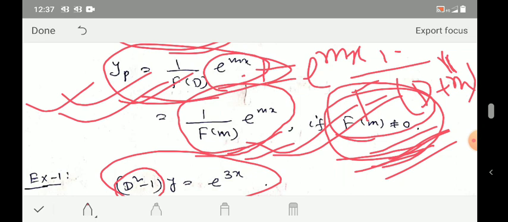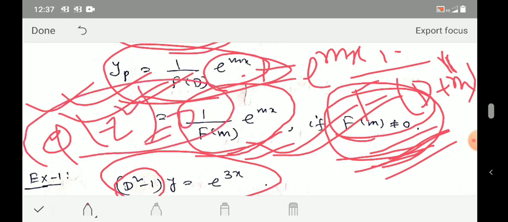So the only exception which remains unsolved is if phi of minus 2 square, in rule 2, phi of minus a square equals 0. It will be considered in the general case. General case means that Rx is not of the form which I discussed here, that is, it is not an exponential function of the type e to the power 2x or e to the power 3x, it is not of the type sin 2x or sin 3x, and it is not a polynomial function. Then we will consider this.